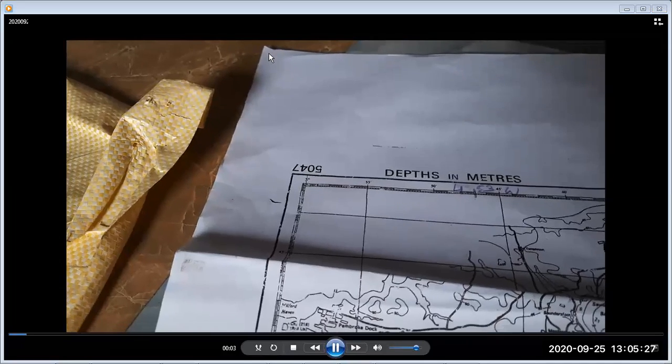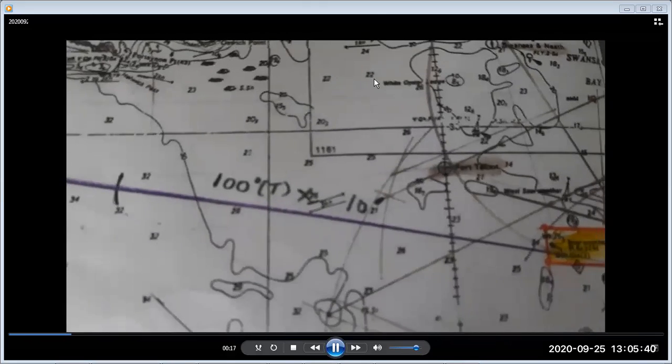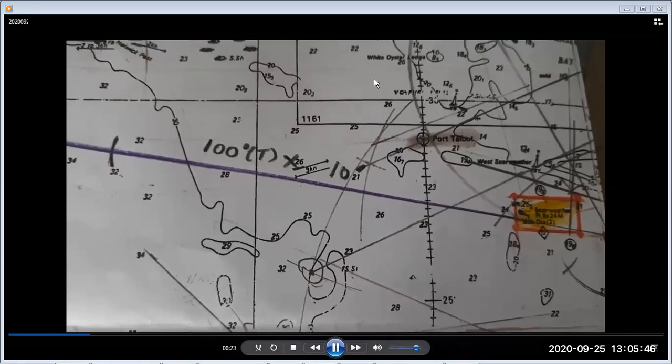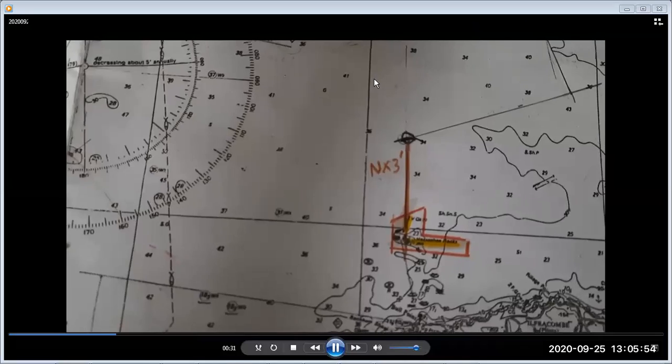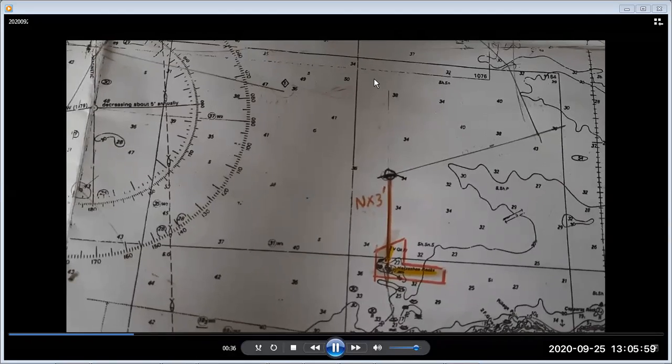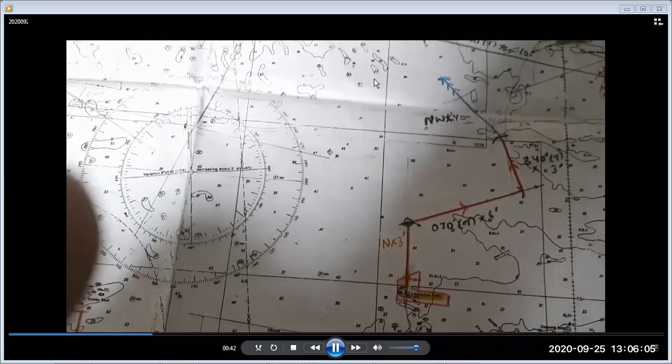So we are on this chart 5047 where we have this Horseshoe Rocks, and on top we have this Scar Weather light vessel. We are given that Horseshoe was due north, 3 miles. So this is our position, and we will draw all the unknowns from here. So we have plotted whatever things were known.